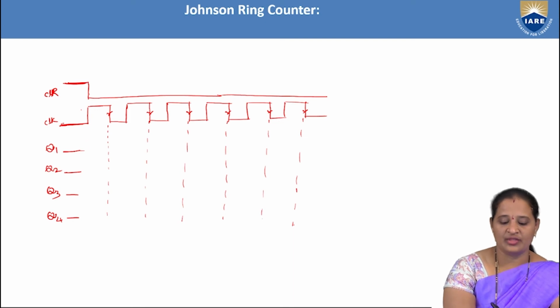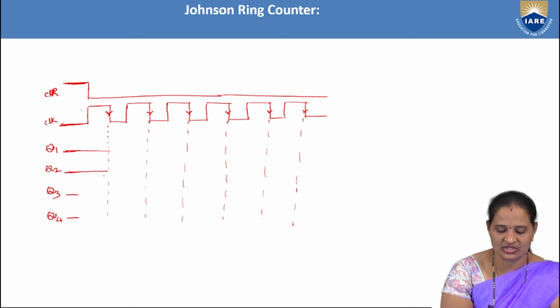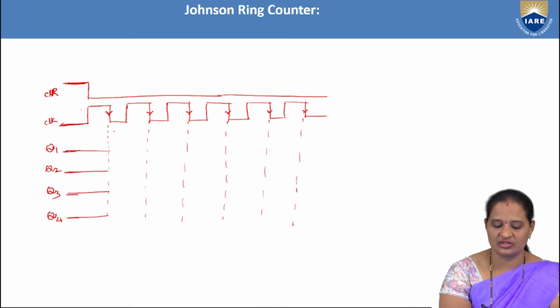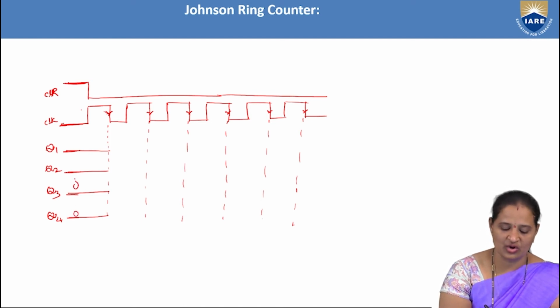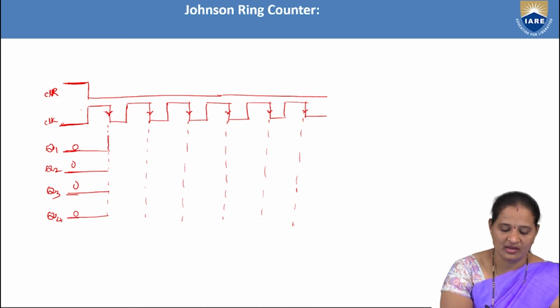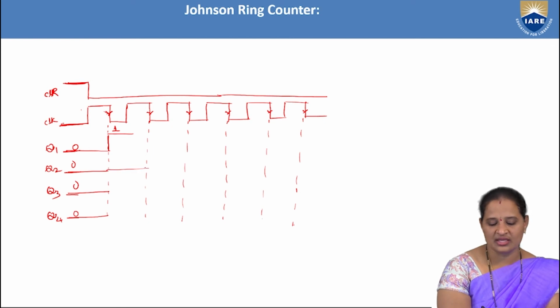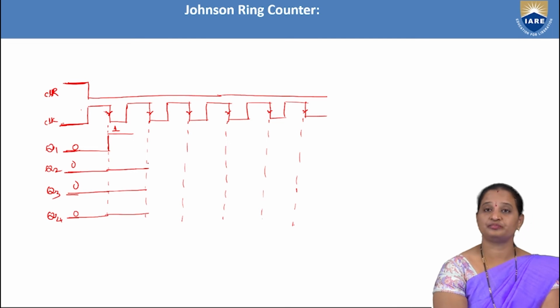Even though the clear input is 0 here, as the clock is 1, it will never change its state. It remains in the same state till the first positive edge. Now during the positive edge, what is happening here? Q4 is 0 now, so all zeros, this 0 is complemented and given as input to the first flip-flop, and hence it will now become 1, whereas the remaining 3 remain in the same state up to the next negative edge of the clock.